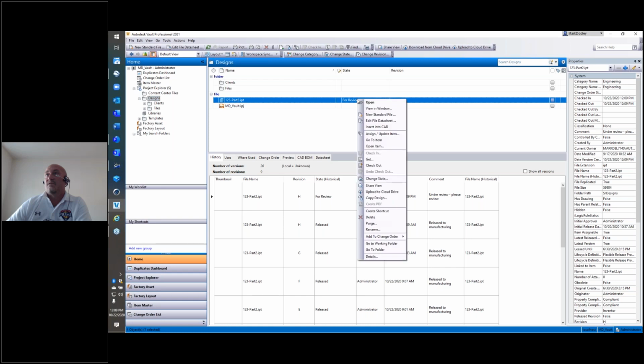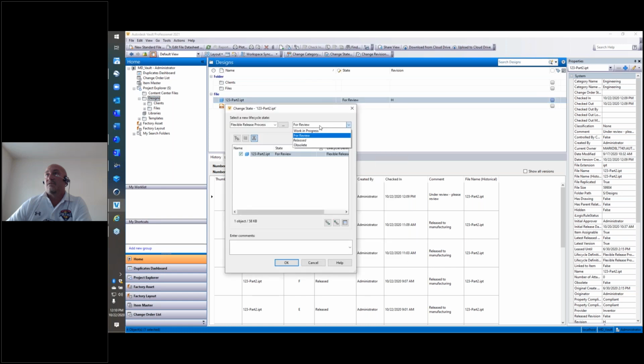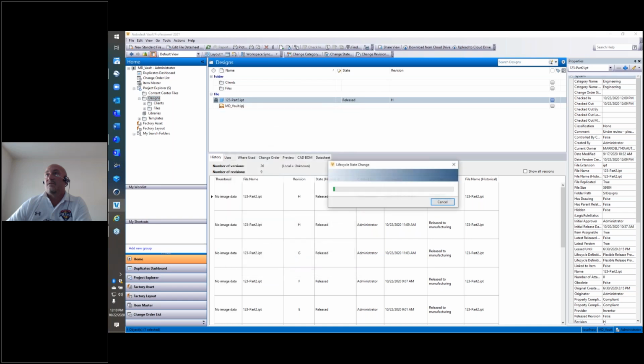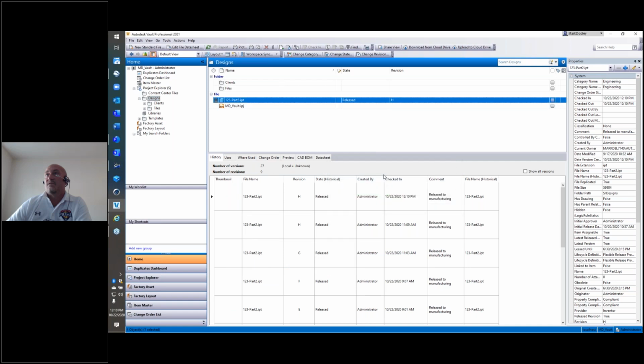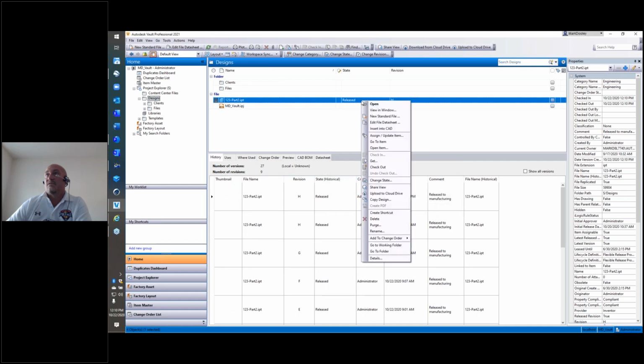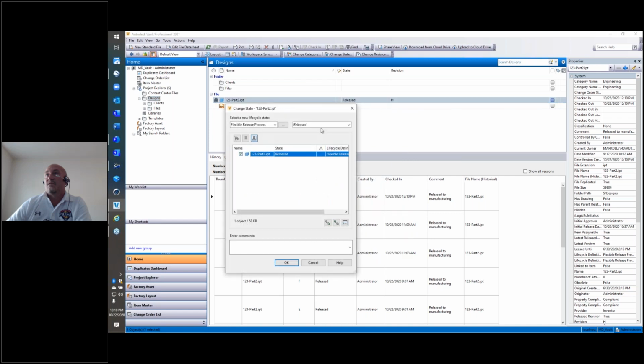If I want to transition this file on, it's been reviewed, now it's ready to be released. Come over here and say, all right, we're going to release this file. And as it goes out, there it goes again, sending my email notifications. And then we can go backwards as we looked at some of those there. So we'll go back to review here